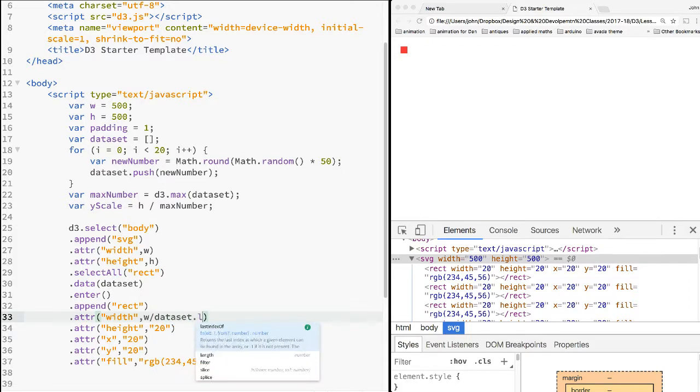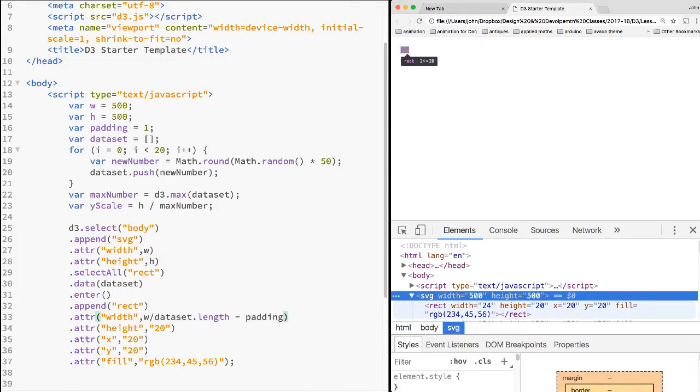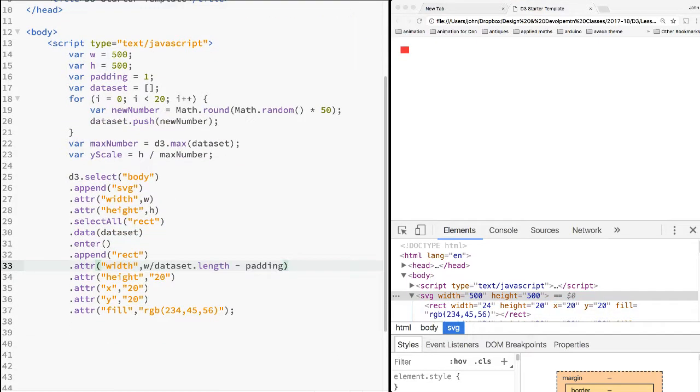So you could do that with the length function minus the padding. So the width of each of these will vary depending on the value. The X position, well, the X position is primarily a product of the position in the array. So the first one is at a particular position, the next one is further in the X direction, third one is further in the X direction. So it's really a function